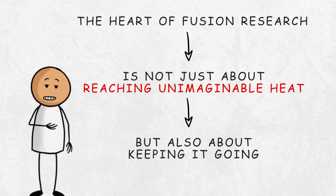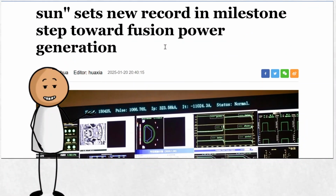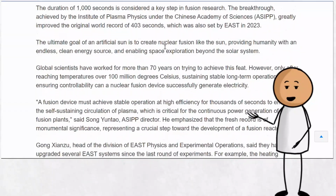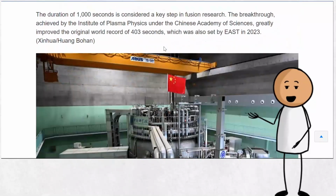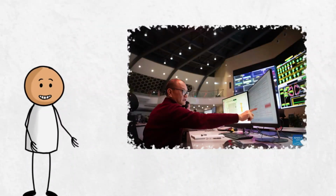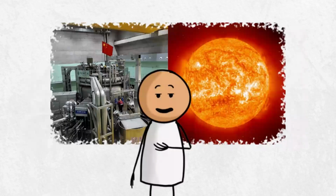That's where East's recent upgrades come in. After the record-breaking 403-second run in 2023, Chinese researchers knew they needed more power and more control, so they tuned up the machine like a race car headed for its next impossible lap. One of the most important systems they focused on was the heating mechanism, also known as the powerhouse behind the artificial sun. The previous configuration of East's heating system could already blast out energy at an absurd level, but now